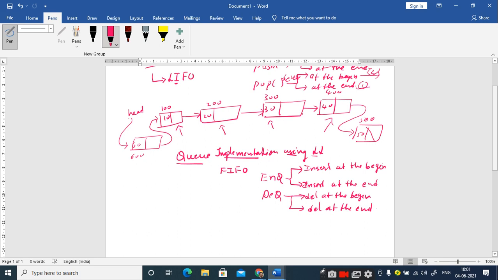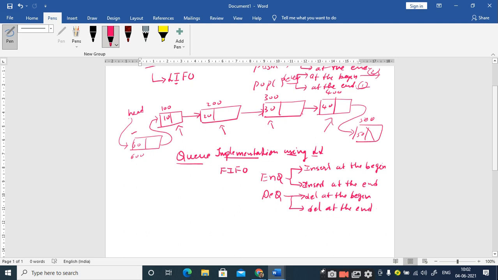Now tell me, how do you implement the queue? If we insert at the beginning, we need to delete at the end, sir. Right, this is the opposite. If I have inserted the new node at the beginning, what is the last node? It is 50, so you need to delete from the end.